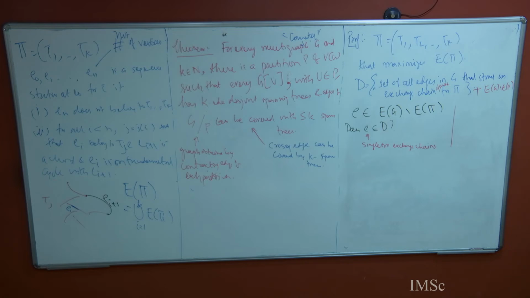Then can this type of edge, which way? What kind of edge? Singleton? Like outside, if it doesn't belong to D. I do not get your point. Then we can add this E to this TK. Why? To create a fundamental cycle, so that's why you cannot add that. No, I'm adding that and removing one edge from the fundamental cycle. So it will create a new T1 which doesn't belong to that side. T1 to TK is some fixed set of trees that maximizes the number. Yes.